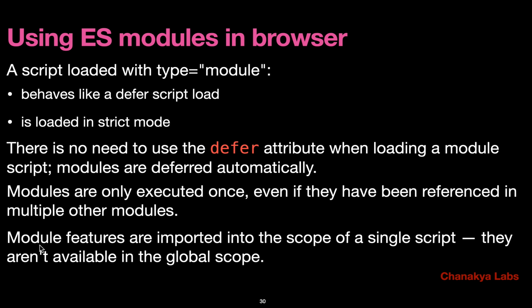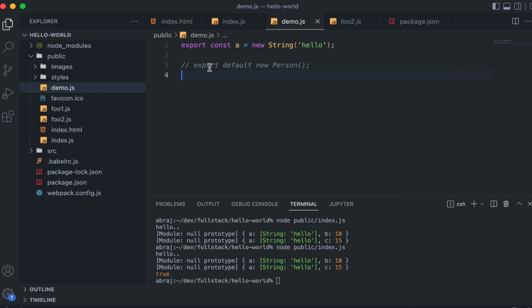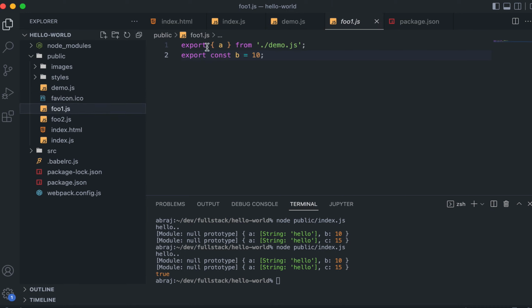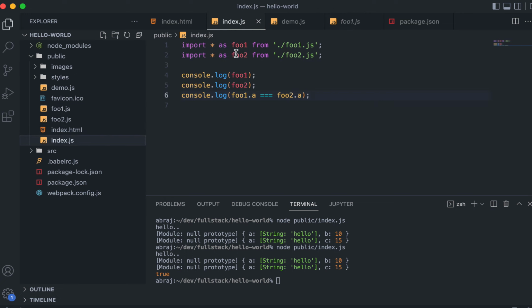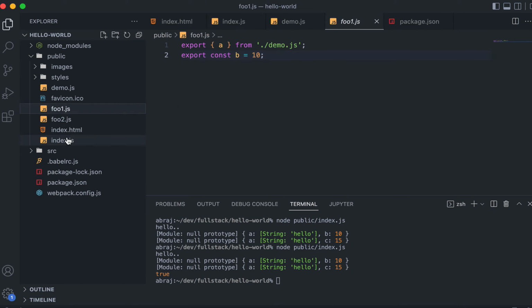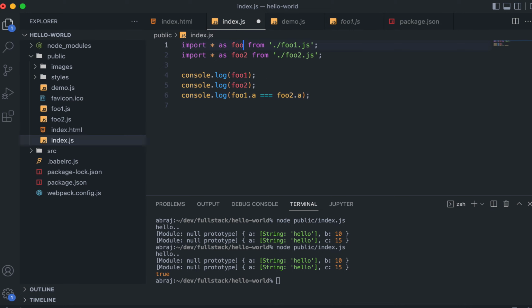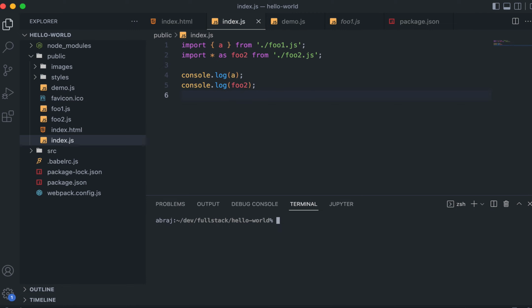And finally, this is quite obvious, but module features are imported into the scope of a single script. They are not available in the global scope. In fact, that is the whole point of using modules, right? So if I export A, then wherever A is imported, it is used. So here again it is imported and exported again. Now here it is imported like this, right? But I could have very well used something like this also. The point is that wherever I am importing, only that place,